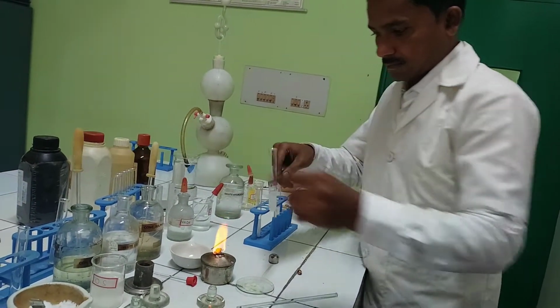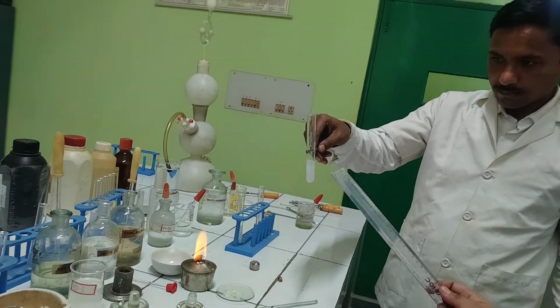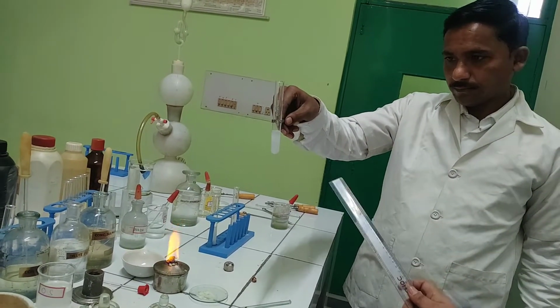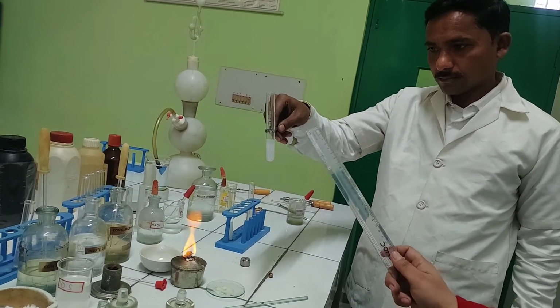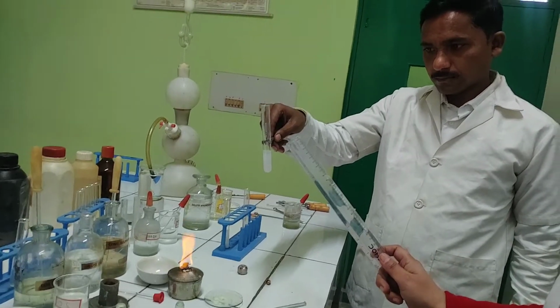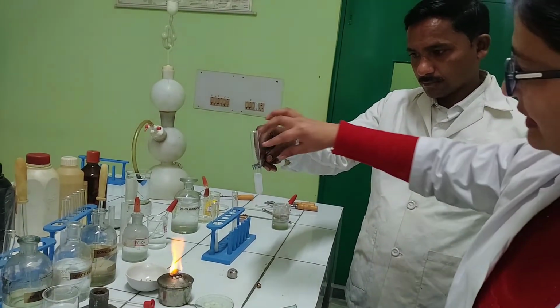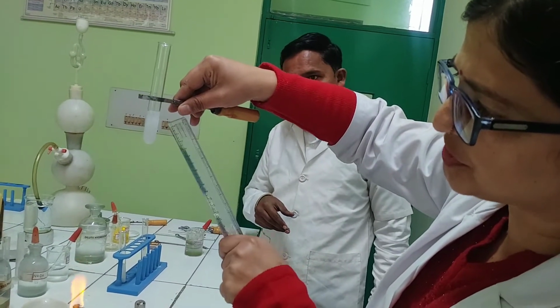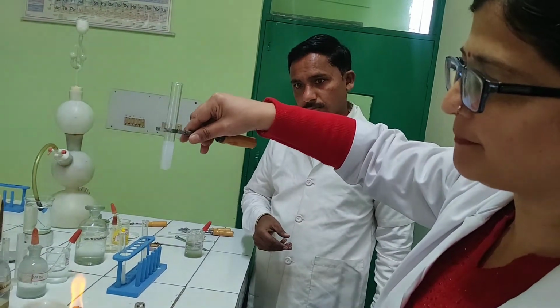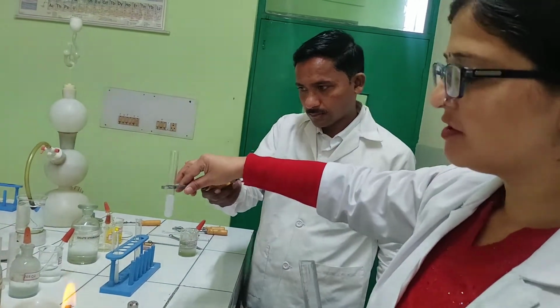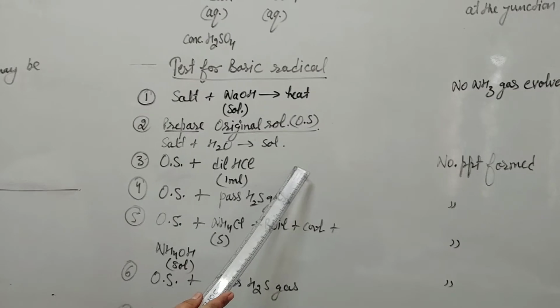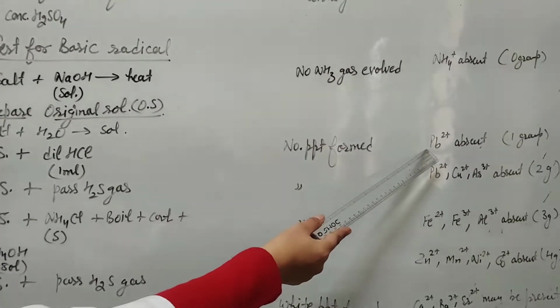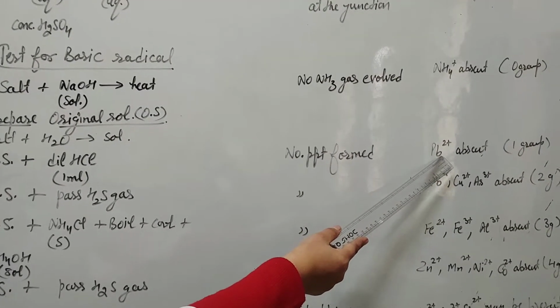Now you can see there is no change. This is simple, no precipitates are formed. But are the precipitates the insoluble substance? So no insoluble substance is here. It is just like a solution. Precipitates are not formed. So it confirmed that the first group is also absent in this sample. This is the first group, that is lead.